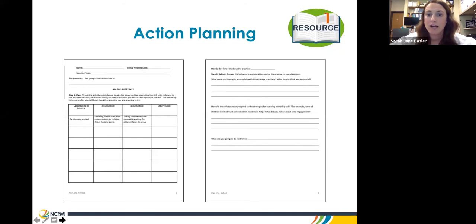Can I do it at arrival? Can I do it at centers at different times? So we really wanted to focus on the all day, every day with this plan. And then of course, the backside of the plan was self-reflection, so we would ask that they video themselves and self-reflect.